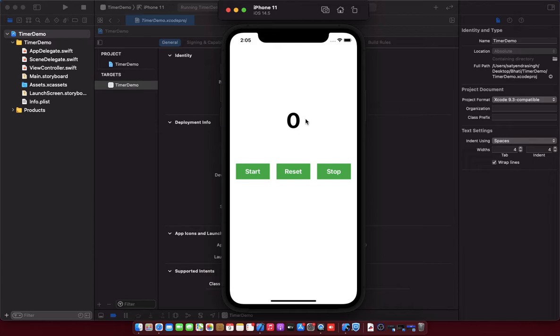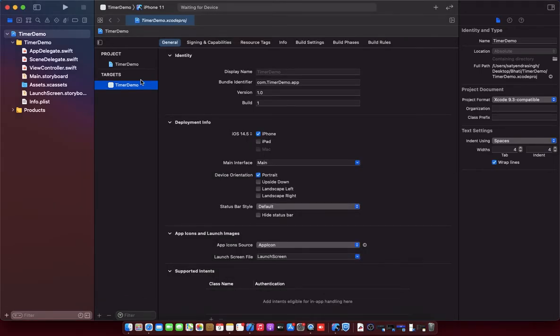So what's the process behind it? That is a very easy task to do. So let's understand how a timer works. We have to start the coding part, so let's dive into it. Let's start with the design part.